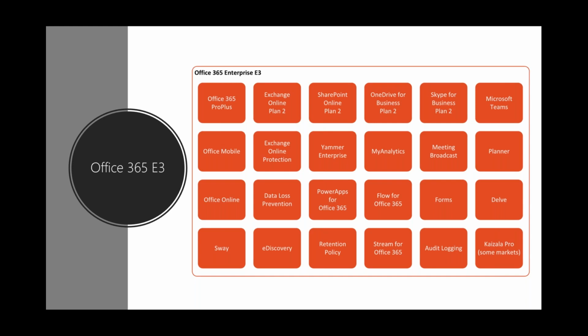And you'll get a copy of these slides, but if you see things like data loss prevention, so you're getting Exchange Online Plan 2. You'll see things like Stream and eDiscovery and Sway, like I mentioned, which you may not use. But that top line, Office 365 Exchange, SharePoint, OneDrive, Teams, those are the main tools that you're getting within